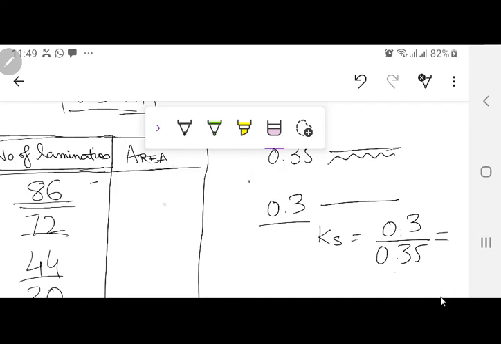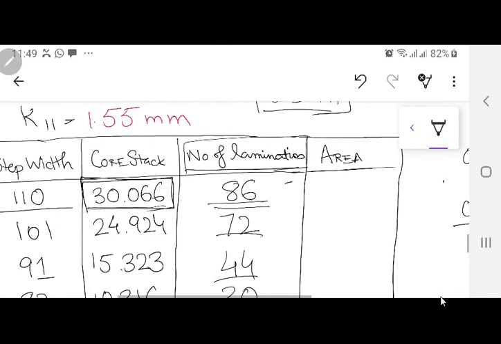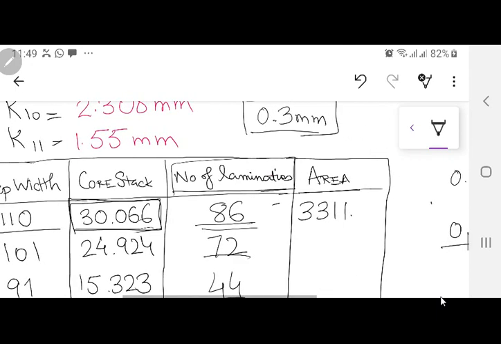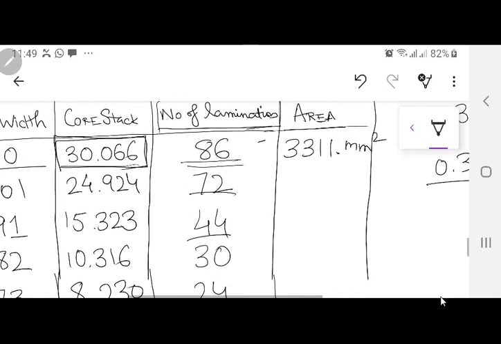जी, 86 multiplied by 0.35 multiplied by 110. 3311. आप पॉइंट्स में बताओ, ये जरा इंपॉर्टेंट है बस. पॉइंट्स में ही है बस. ठीक है ठीक है, कोई मसला नहीं, आगे करो.